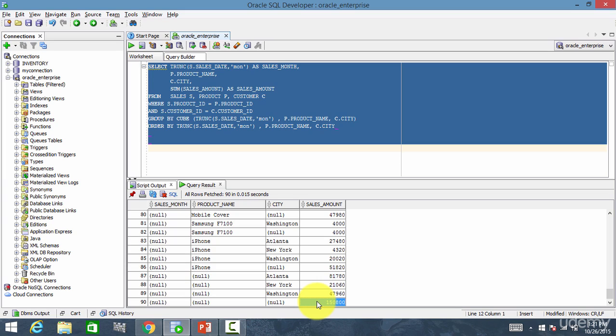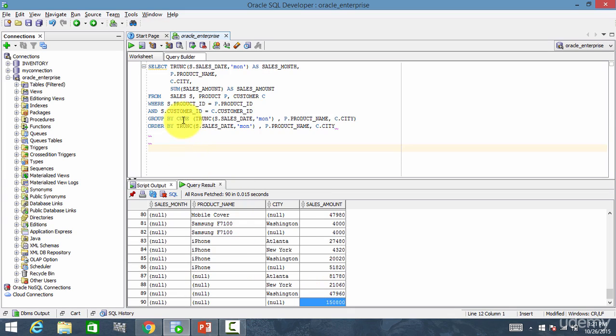You see, lot of subtotals. Sometimes you may need it, sometimes you may not need it. If you don't need it and if you want only particular groupings, then you use your grouping sets. So I will change this to grouping sets. So I will start my bracket. I want sales month and product name as one combination. I'll close that, and then another combination I want is